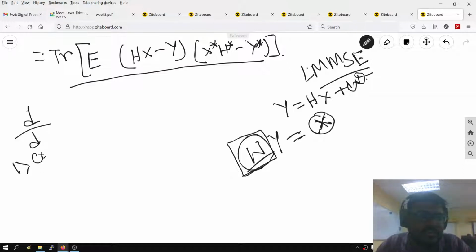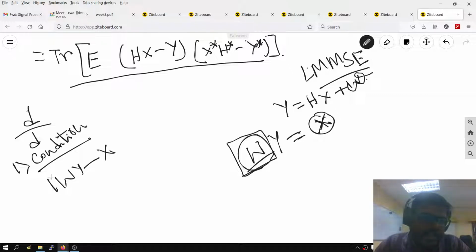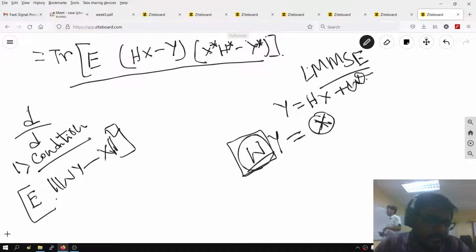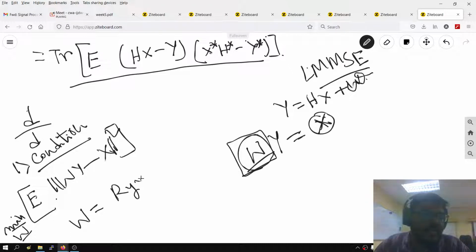So the first condition, wy minus x and its mod square, and take the expectation over it and minimize the whole term with respect to w. So first, in the same way, we can derive this equation and minimize this, and if we derive, w comes as R_yy inverse into